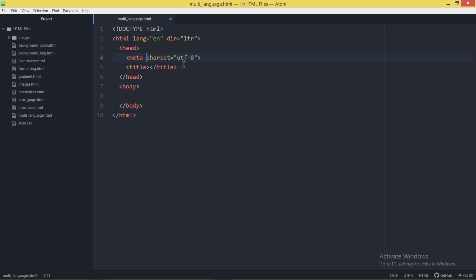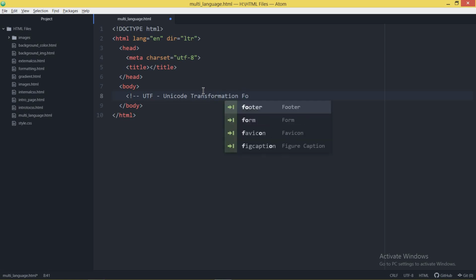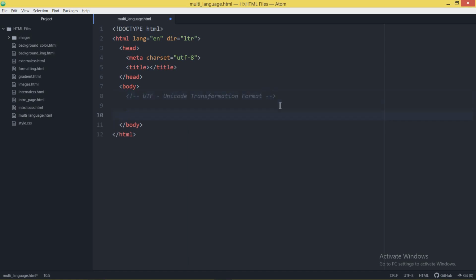UTF stands for Unicode Transformation Format. I just wrote it as a comment here, and this is the full form of UTF.